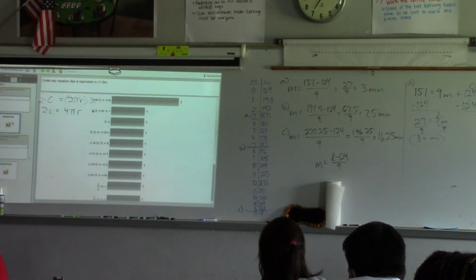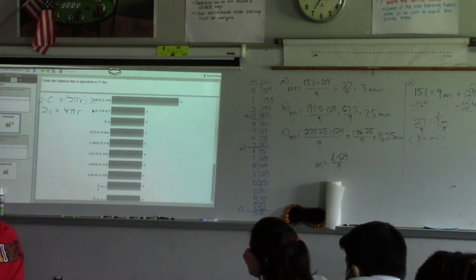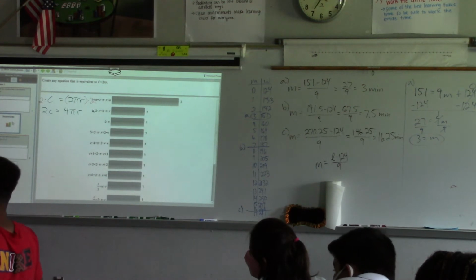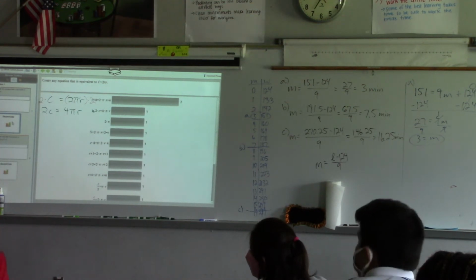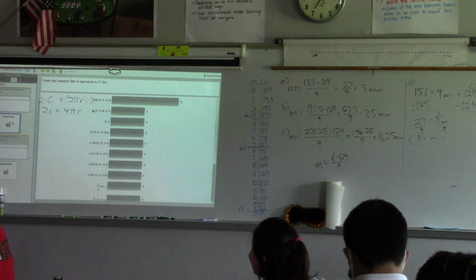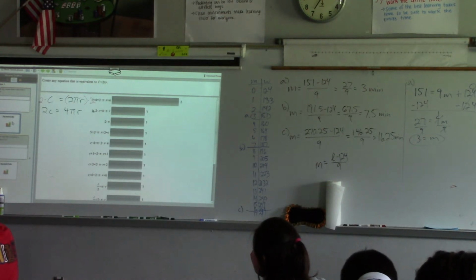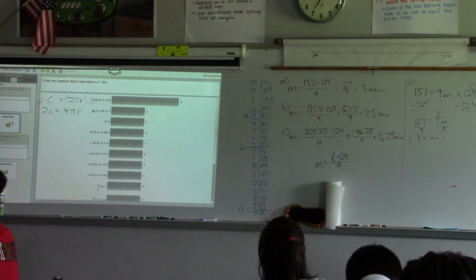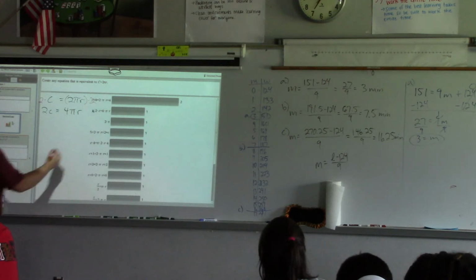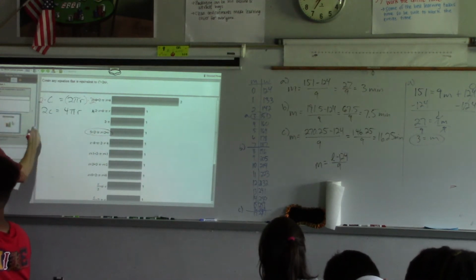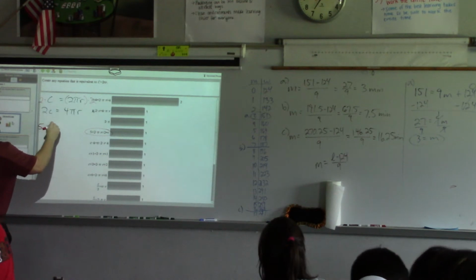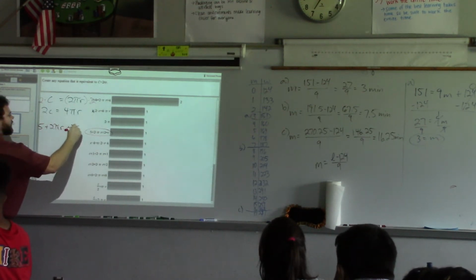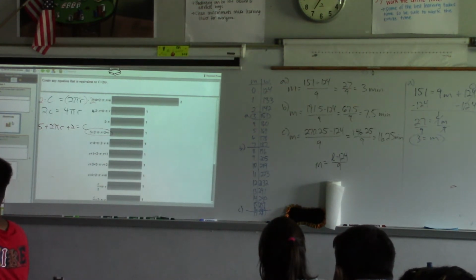What property is that? Multiplication property? Property of equality. It is a property of equality. Why do we know it's a property of equality? Because you're using the multiplication. It was done to both sides of the equation, right? To maintain equivalency. Specifically, what was done to both sides? Multiplication. We good with that idea? So it's the multiplication property of equality. All right, let's check this one. We'll check 2 more. 5 plus 2 pi r plus 2 is equal to C. What do y'all think?